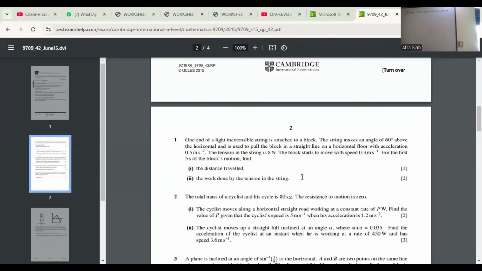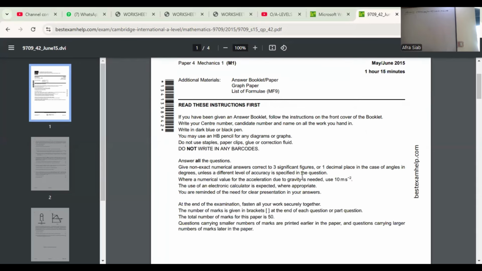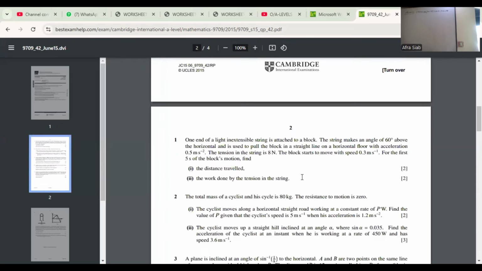So these are the instructions given in the beginning of that paper. Paper 1, M1, 9709, oblique 42, May June 2015. 1 hour 15 minutes is the duration and total marks of this paper is 50. And the first question is